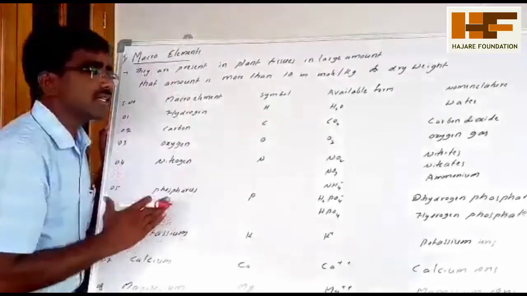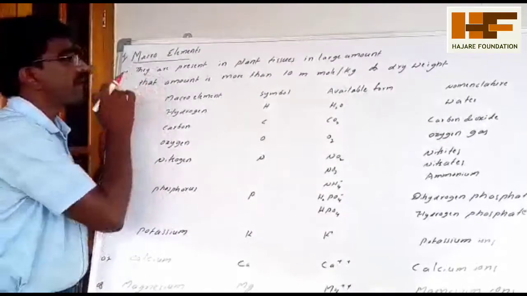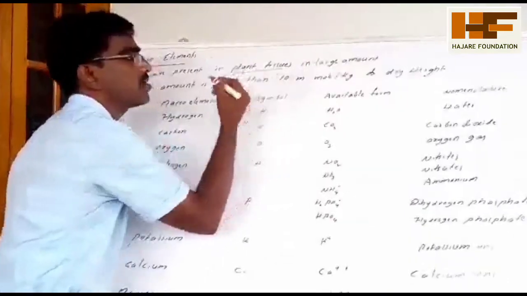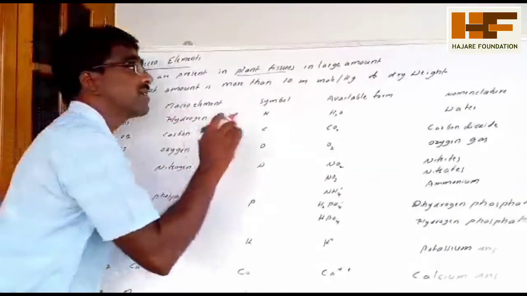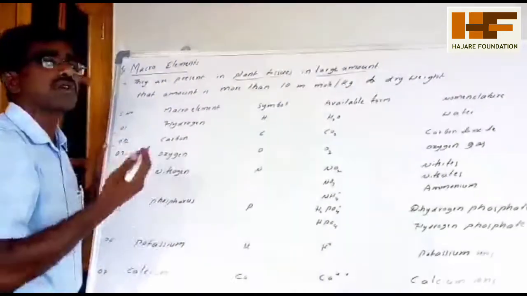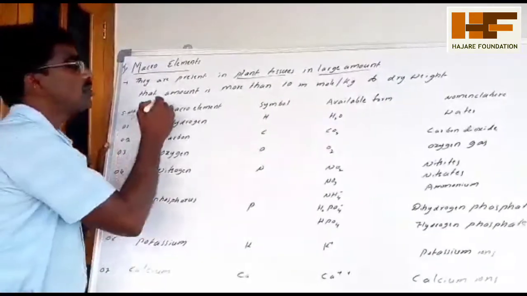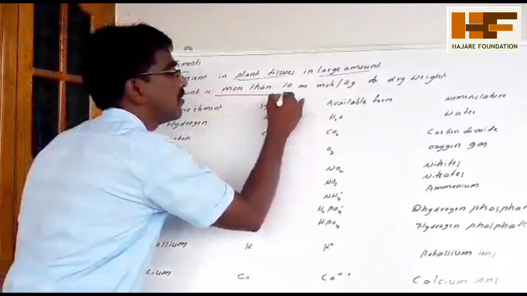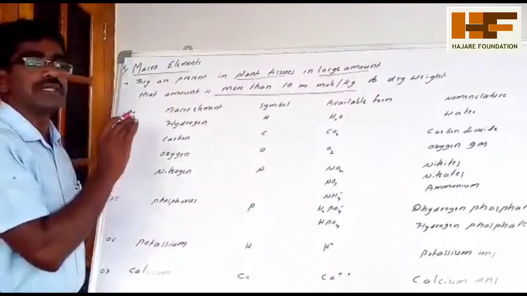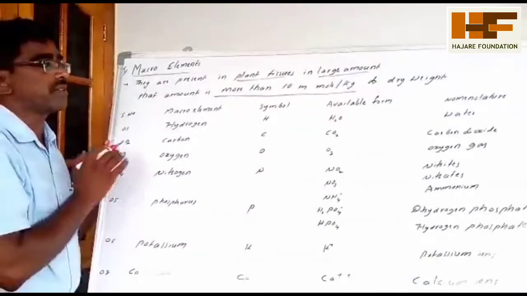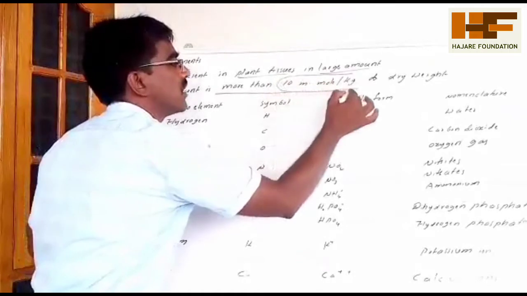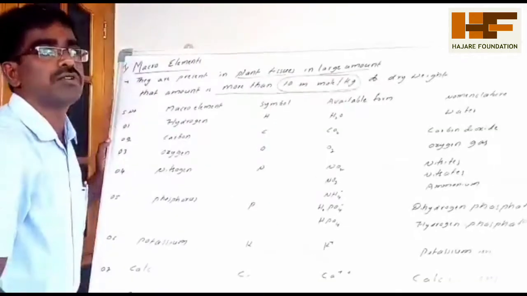First we will try to understand macroelements. Generally, elements are present in plant tissues, but macroelements are present in plant tissues in a large amount. What does a large amount mean? An amount that is more than 10 millimoles per 1 kg of dry weight is called macroelements. Macroelements are the elements present in plant tissues at more than 10 millimoles per 1 kg